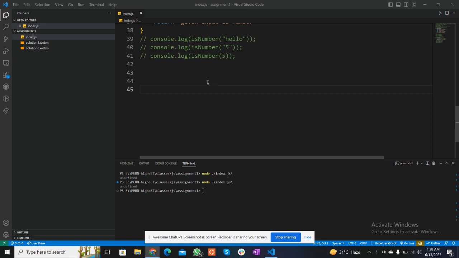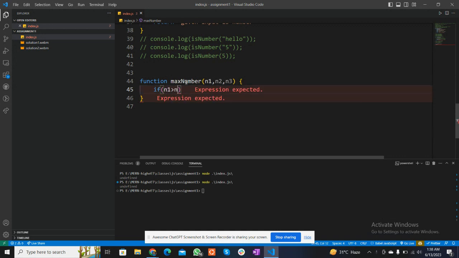We have to compare three numbers and find out which one is the largest number. So we can write a function here, and then let's take, for example, three parameters n1, n2 and n3, and we can write a condition